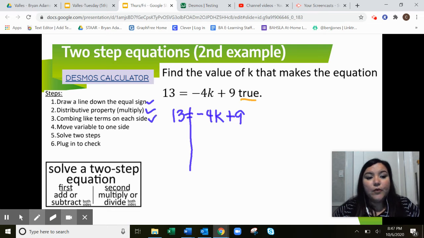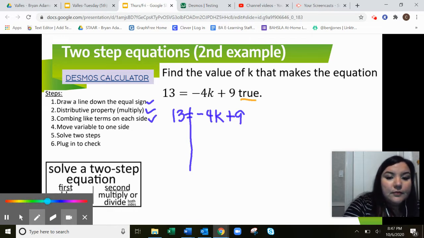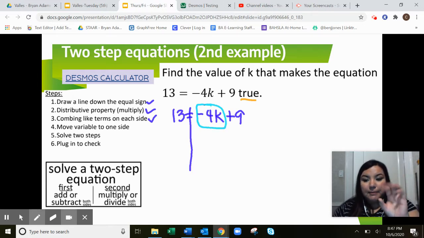Step number 4 is to move the variable to one side. Well, what is a variable? A variable is a letter. What is our letter? Our letter is k. So we're going to go ahead and box that k, or the negative 4k, because that's my main target right now. That's what I want to leave by itself. So if I look at my right side, my letter is on that side. That means that I have to move